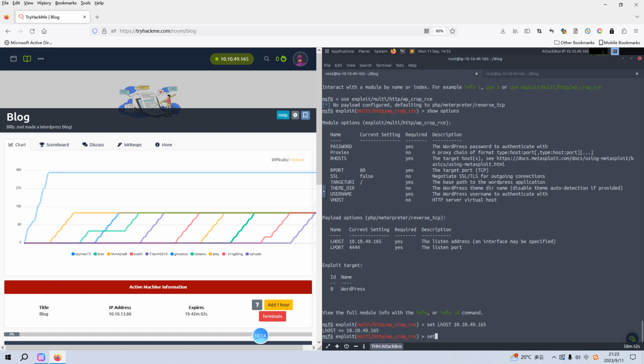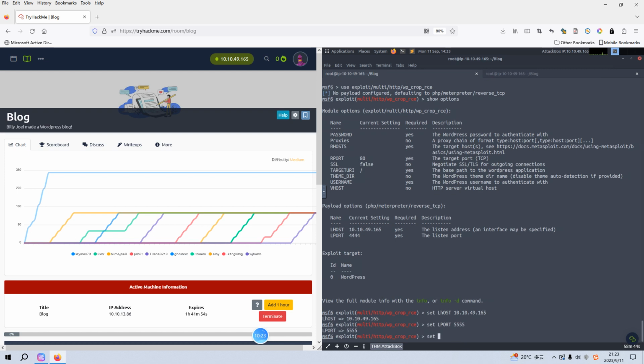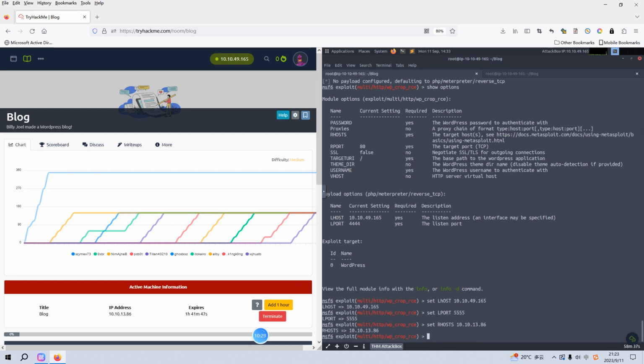We can show options. Yeah, we need to set the local host to our attack box, and also I'd like to change the local port to 555. And then we can set the remote host, and set the username. For example,